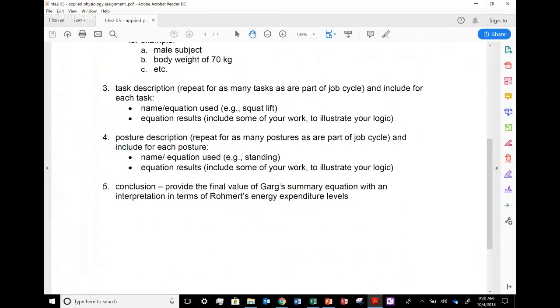Describe the postures involved. Postures are important in applied physiology, and they affect the equations. It's all about energy. We're looking at the energy expended to do these different tasks, and each posture will expend a different amount of energy. These equations are part of Garg's